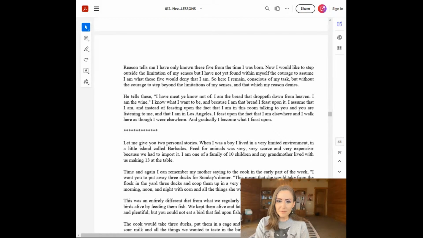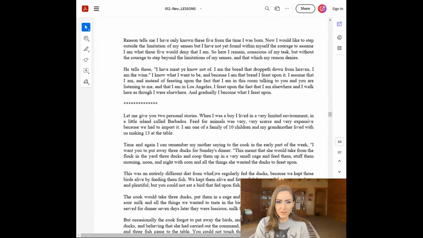I am one of a family of 10 children, and my grandmother lived with us, making 13 at the table. Time and again, I can remember my mother saying to the cook in the early part of the week, I want you to put away 3 ducks for Sunday's dinner. That meant she would take from the flock in the yard 3 ducks and coop them up in a very